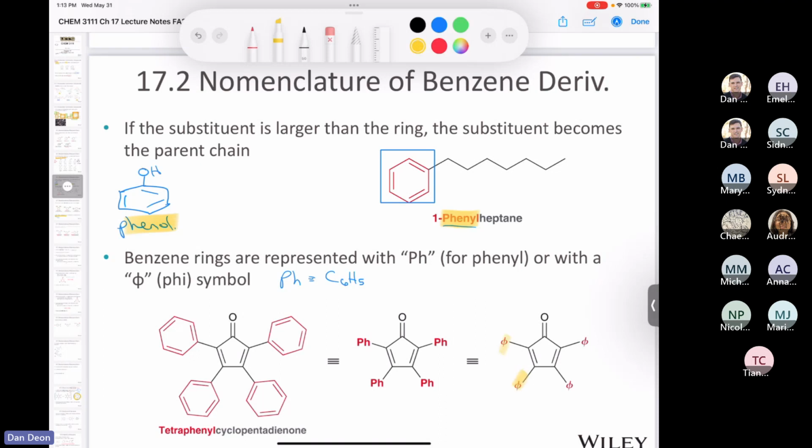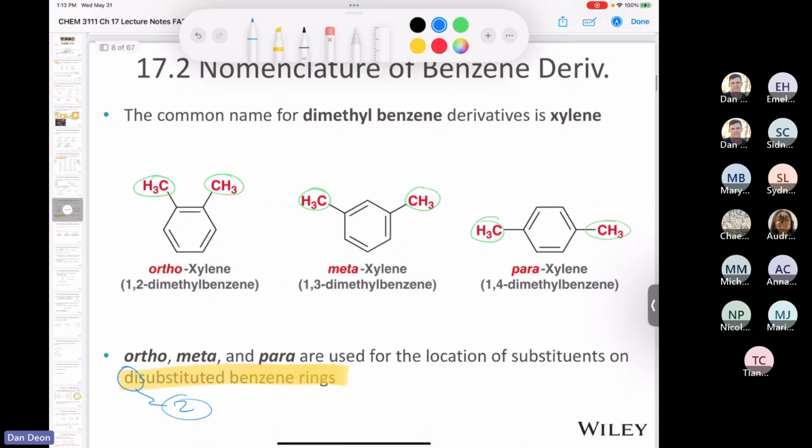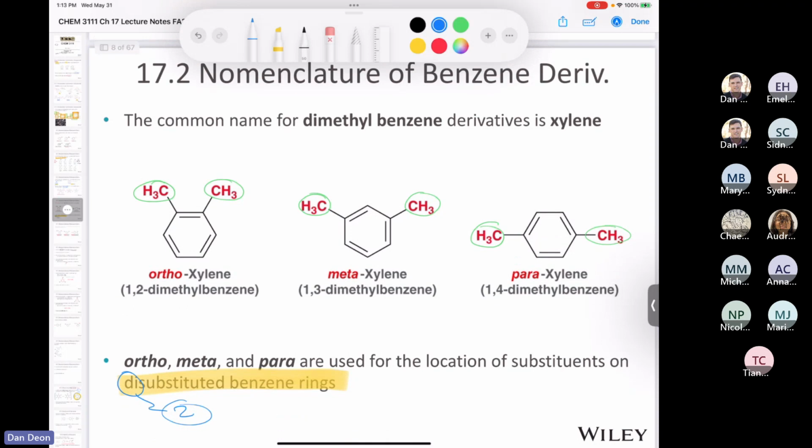I told you I will never use these goofy phi symbols here. That's never going to happen. But I love to use Ph to represent an aromatic ring as a substituent, as a phenyl. Why? It's a great time saver, okay? And I like to maximize my time. Well, I said you also need to know the name of